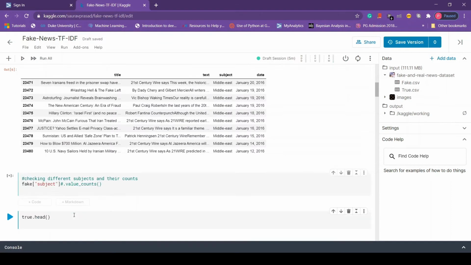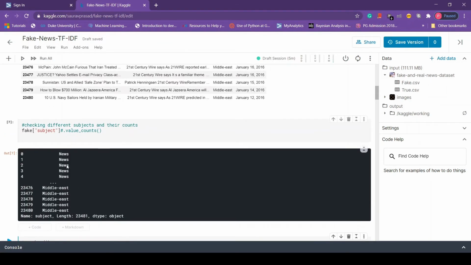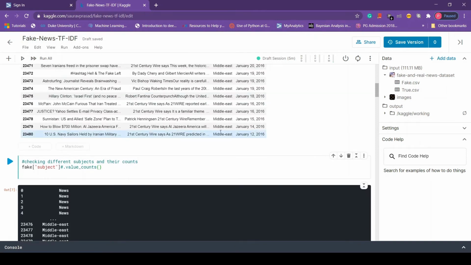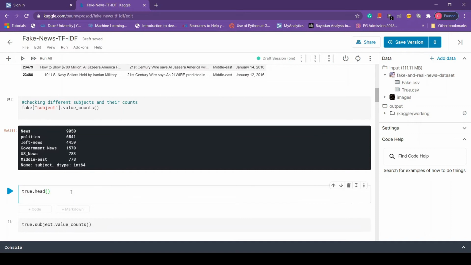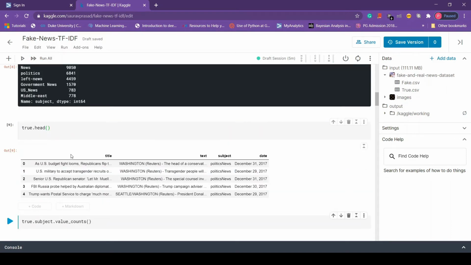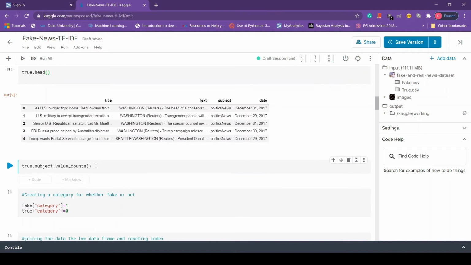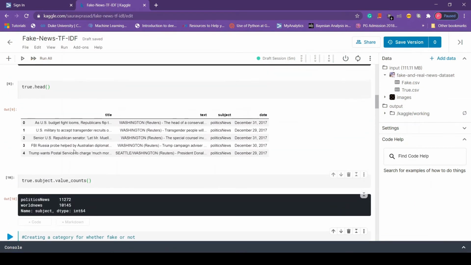Now applying the value_counts method on this column, we can get our desired output. So let me do that for you. Okay, so here we have the subject variable which can take 6 values and their respective counts. So let's do this for the true data as well. In this case our subject can take only 2 values, which can be seen here.